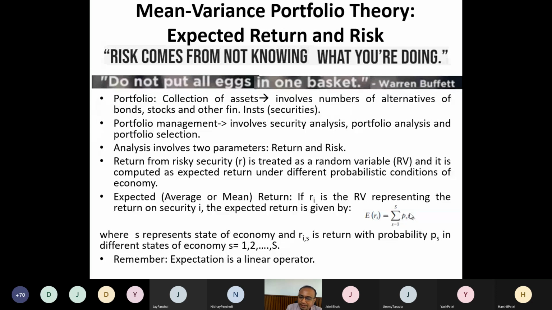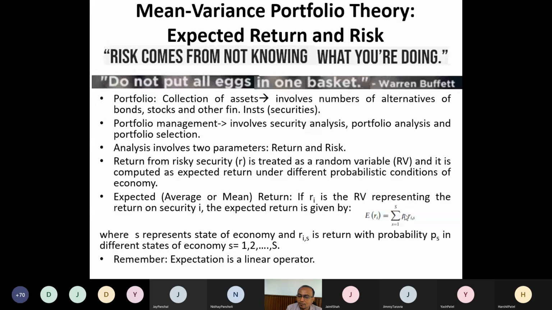So this PS is the probability associated with the state of the economy predicted by such organizations, and it is very hard to predict, right? It is not always correct. Usually if we use this in a model, then it may give a wrong result if the prediction turns out to be wrong. So we have to make some changes in this definition. Anyway, right now we move with this definition.